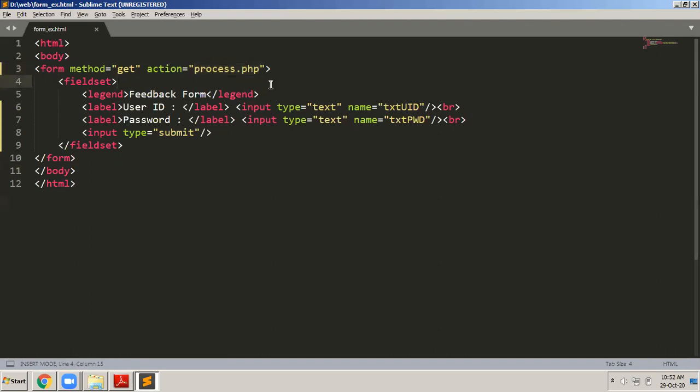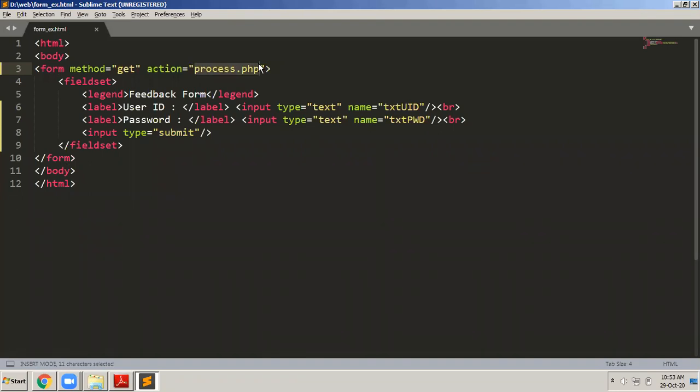Now you will ask me a question as to, sir, always it should be a PHP file or what? No, if let us say you have decided that the server side script that you are writing is not PHP, it is JSP, then here it should be something like name of the file.jsp. If you have written the server side script using Perl programming language, then it will be the name of the file.cgi. Perl programs normally are saved with extension CGI if it is on the web. And if let us say you have written a Python program on the server, then you write the name of the Python program here.